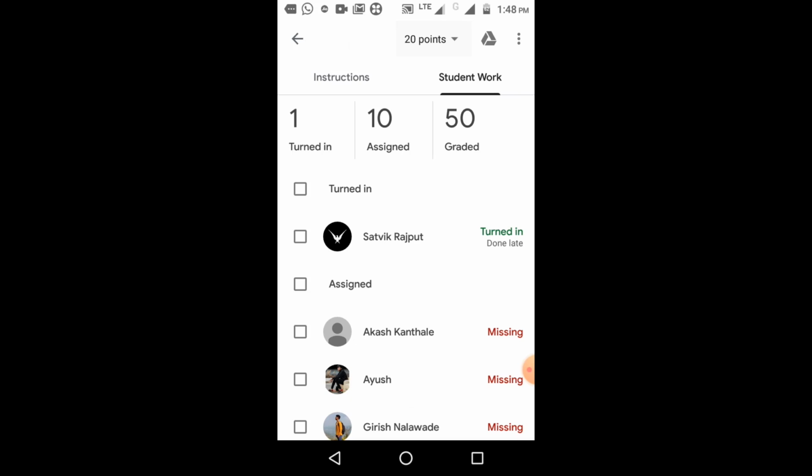The second number, which is called assigned, indicates the number of students who haven't replied to your assignment number 1. And the last number, which is called graded, is the evaluated or assessed students. So here these are the total number of students available in the Google Classroom. You can add these numbers together, so the summation of all these three indicates the number of people in your classroom, and it is equal to 61. So how this evaluation will be done with the help of Google Classroom we will learn here.